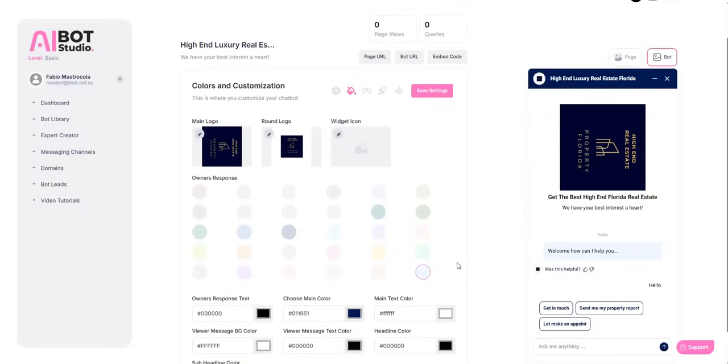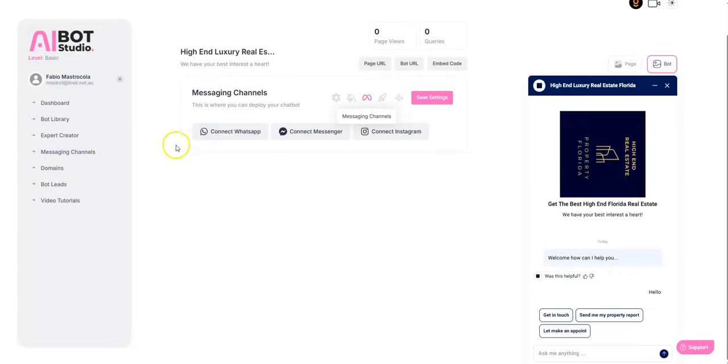Then you've got these other buttons here which I won't touch. It's just messaging channels, so again you can connect it to WhatsApp, Messenger, and also Instagram. There's another video that will show you how to do that, and then we're going to just save the settings. Now we're going to test the bot. So let's go back to settings here. I just want to check that I've got